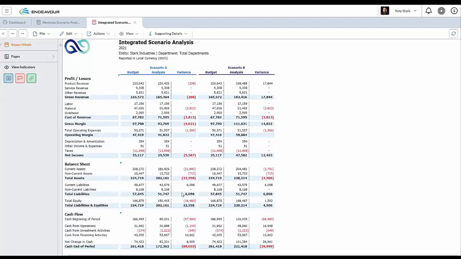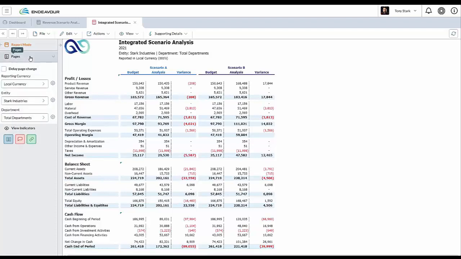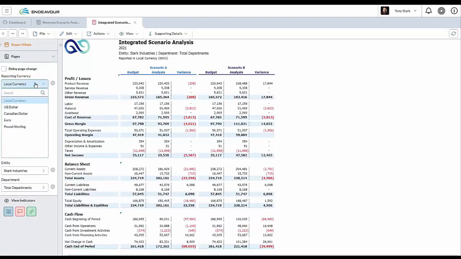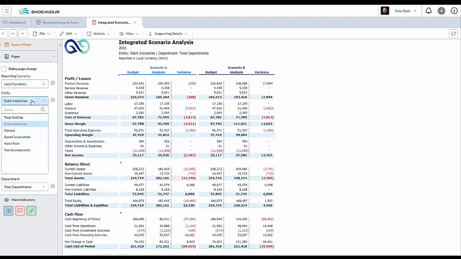Now, we had mentioned earlier that reports are designed within Prophix to be used by multiple individuals. And if I expand this report, you'll see that this company that we're working with transacts with multiple currencies. So we're dealing with local currency, which is USD, but we can pivot this view to look at various other currencies that we operate in. Okay. Now, we also have various companies within this report. So if you have multiple legal companies, we can bring all of that information in Prophix to have a consolidated view of what the scenario assumptions mean when we look at our consolidated financial statements.